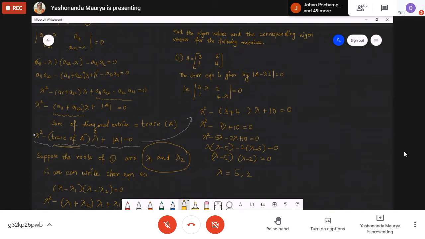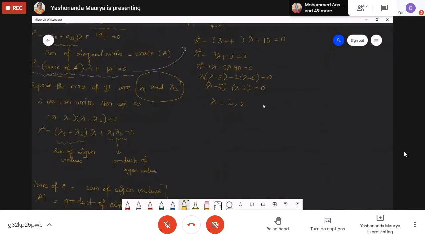We got two eigenvalues for this particular matrix. Now, for each of these eigenvalues, we will be finding the eigenvector. First of all, is this much clear? Instead of expanding the determinant, we used this shortcut to simplify this expression. What we need to remember is that it starts with the trace, and then we have the determinant, and the signs of the powers of lambda alternate, beginning with a positive. Is this much clear? Now let us find the eigenvectors.